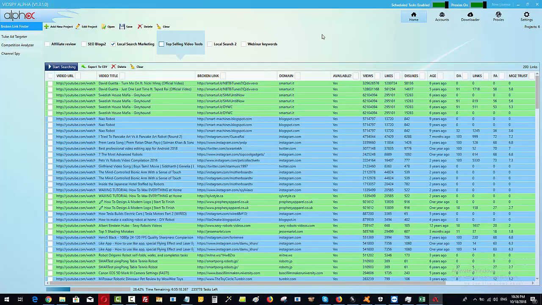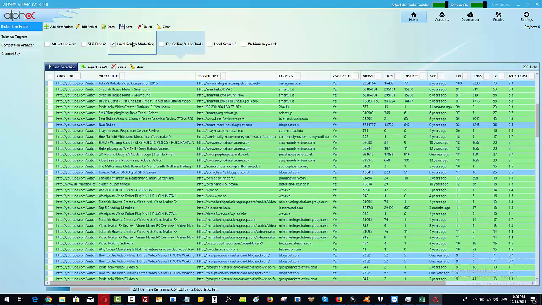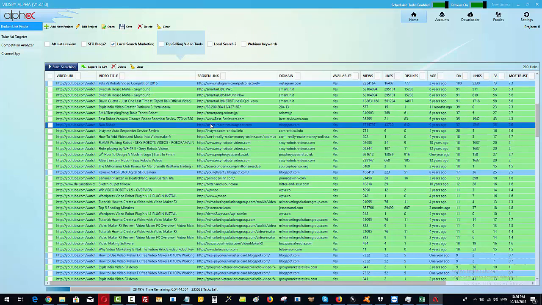Now combine that with the other tool that I'm giving you today in the bundle. So it's a nice combination. I actually got both of them delivered at the same time, and I didn't want to sell them separately because they work so well together. And you can see that we just keep finding really good domains. If I just sort this by the domain authority in here, and this has been running while I've been away doing videos and other stuff, so I've got no idea what I'm going to find in here, but immediately